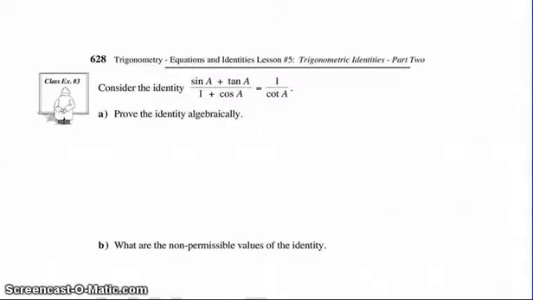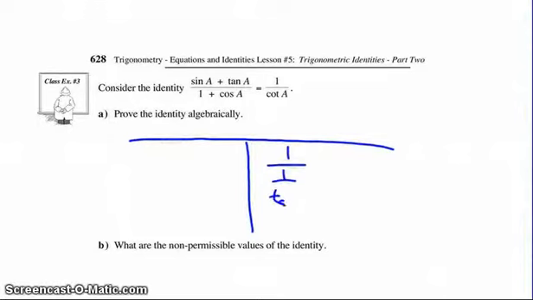Going to example 3. Bigger identity. We've got (sine a plus tangent a) all over (1 plus cosine a) is equal to 1 over cotangent a. Prove the identity algebraically. Again, pick the nicer side. So again, you must start off by separating these two. It is not considered legal to have an equal sign because you don't know whether this is actually legal or not. So the right side is 1 over cotangent of a, which we know is equal to simply tangent